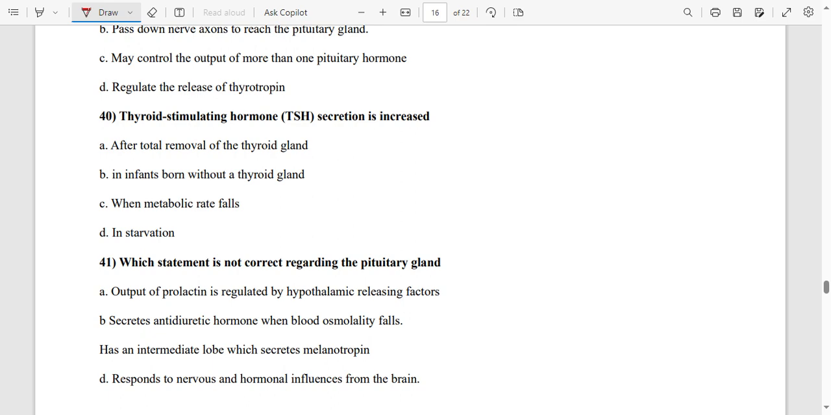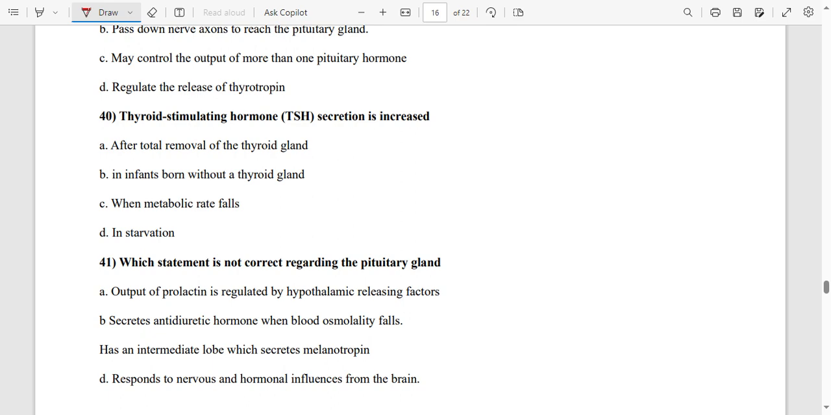So thyroid stimulating hormone is produced in the pituitary gland so that it can act on the thyroid gland. So for A, after total removal of the thyroid gland, we don't expect that to increase thyroid stimulating hormone. And B, infants born without the thyroid gland, we don't expect that to increase thyroid stimulating hormone. Then for C, when metabolic rate falls, now the thyroid stimulating hormone is produced to increase metabolic rate. And then in starvation,